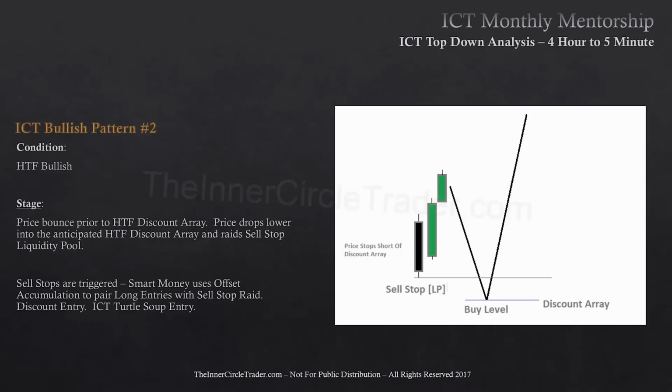Price will bounce prior to a predetermined or anticipated higher time frame discount array. Price drops lower into the anticipated higher time frame discount array at a later time and raids sell stops in the form of a liquidity pool. Sell stops are triggered. Smart money uses offset accumulation to pair long entries with the sell stop raid, discount entry, ICT version of turtle soup. Whatever that discount array is that I'm really wanting to buy at, if price stops just short of it or above it and just hangs around and hovers or starts to move up a little bit,